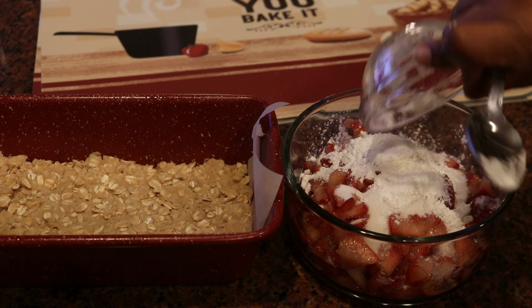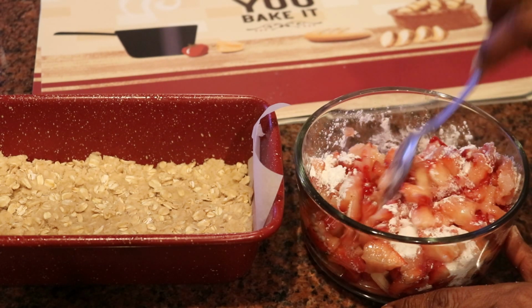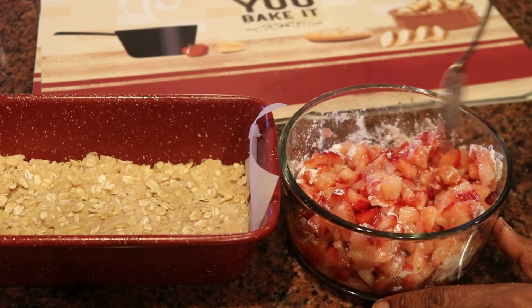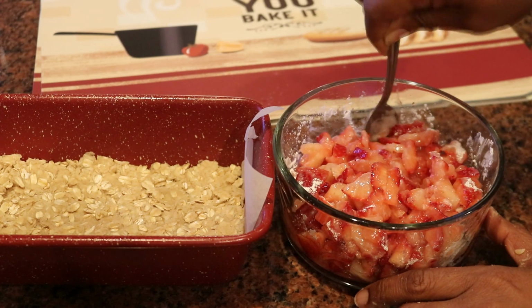So we have the diced strawberries, we have the sugar, we have cornstarch, and we have a little bit of lemon juice in this bowl. And just give that a quick mix. Make sure everything is combined well, and then it'll be ready to be spread over the base, that oat base